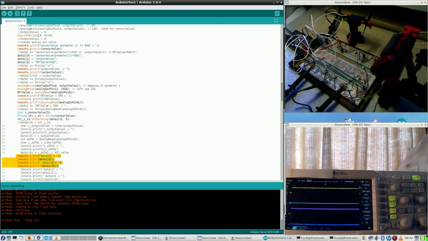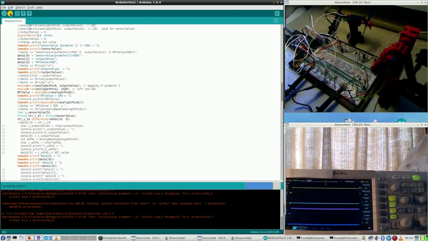So that should be fine, because data 0 has this one, data 1 has this one, data 2 is this one, so data 3 should have the data for sensor value potmeter 1.